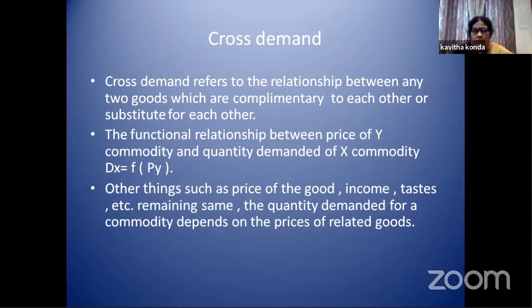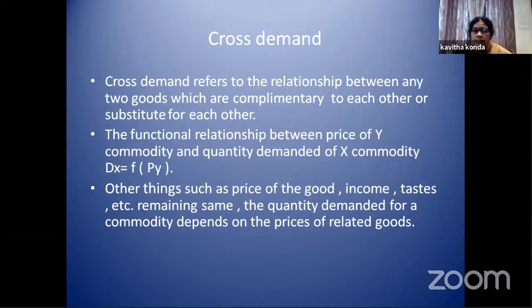Dx is a function of Py, where X is the demand for the X commodity and Y is the demand for the Y commodity. Py means the price of Y. Here, the change in the demand for X is due to the change in the price of Y. In this cross demand, remember that the other things remain constant, meaning the price of the good,